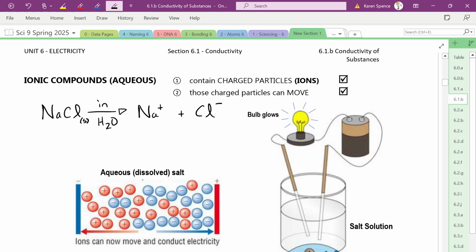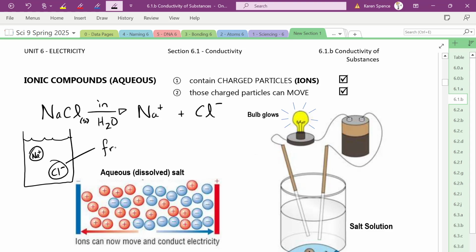So if you were to see sodium chloride in water, instead of having a crystal lattice, the Na plus ions would float around separately from the Cl minus ions. And there would be water in between them. Okay? So when you dissolve ionic compounds,